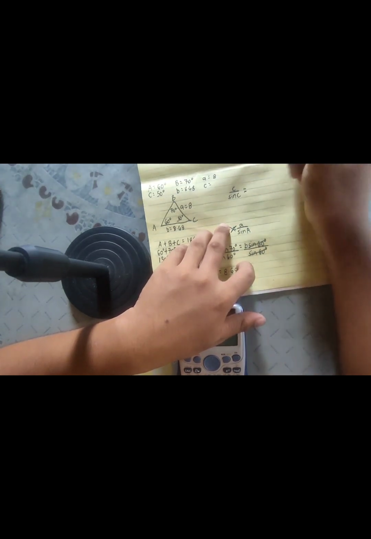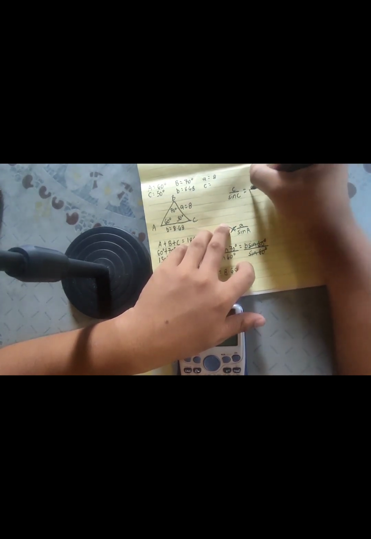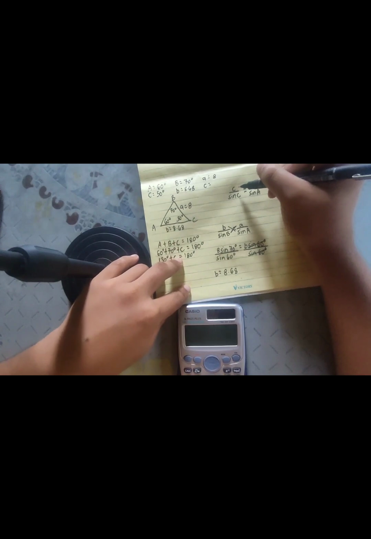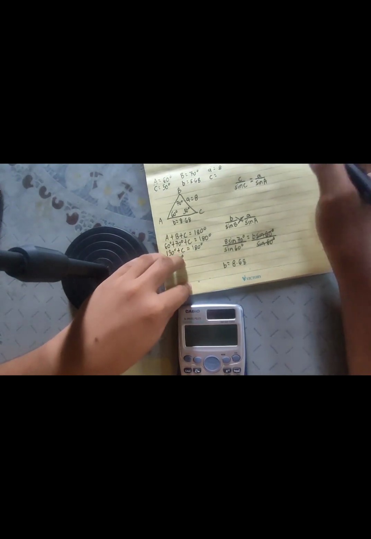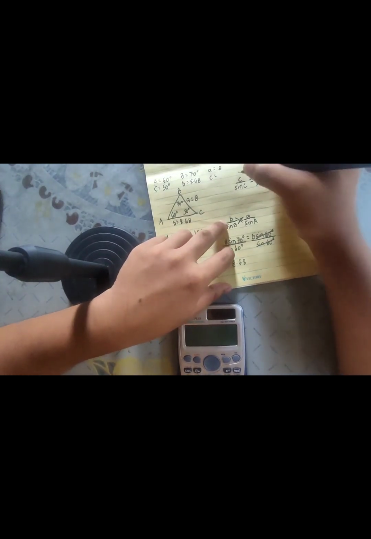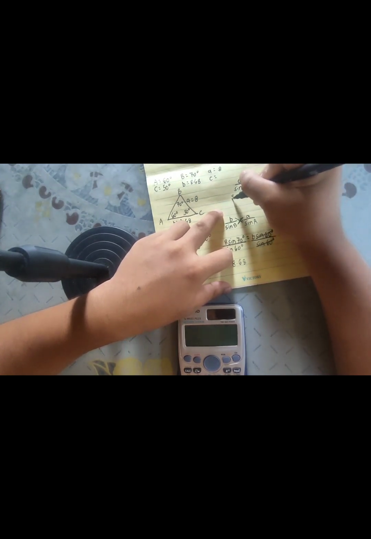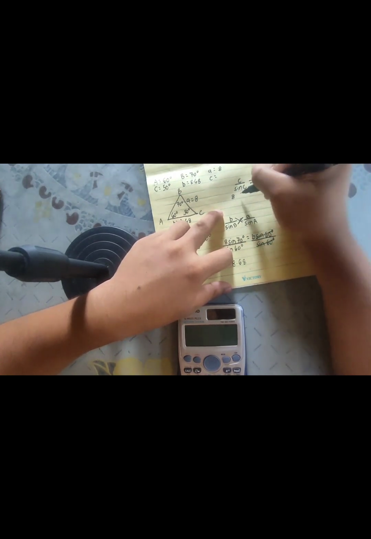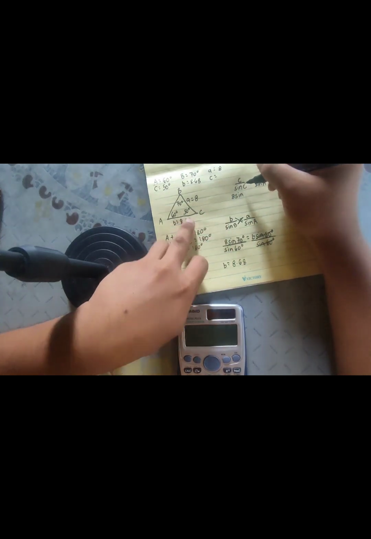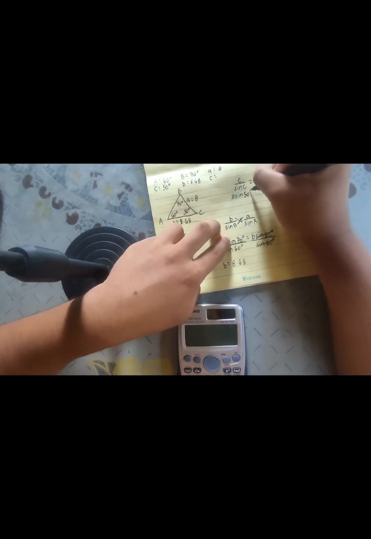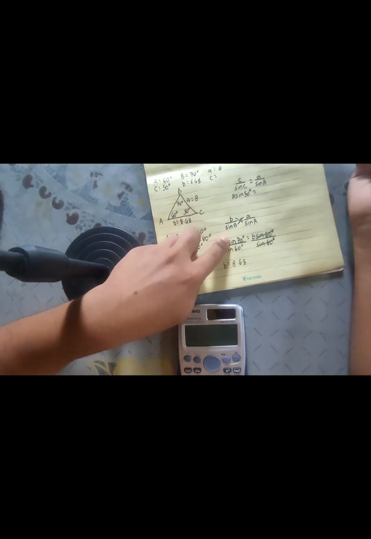So here we're gonna use side A over sine A. Cross multiply, then substitute. Side A is 8. So 8 times sine C. What is our sine C value? We have 50 degrees. So sine 50 degrees is equal to